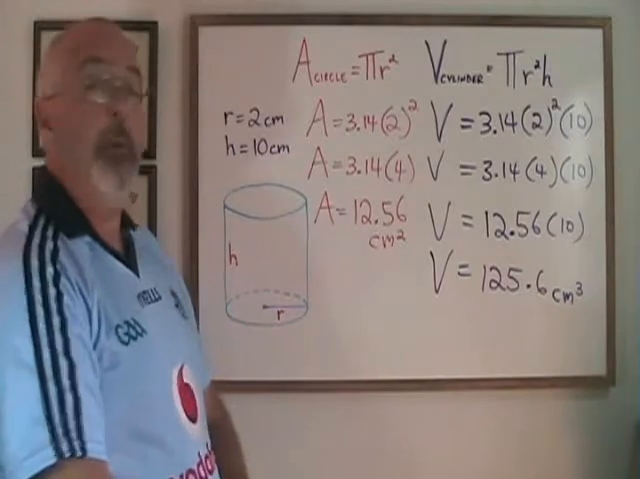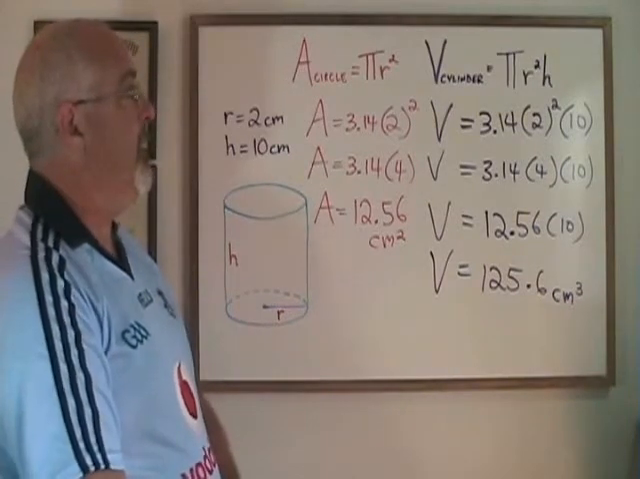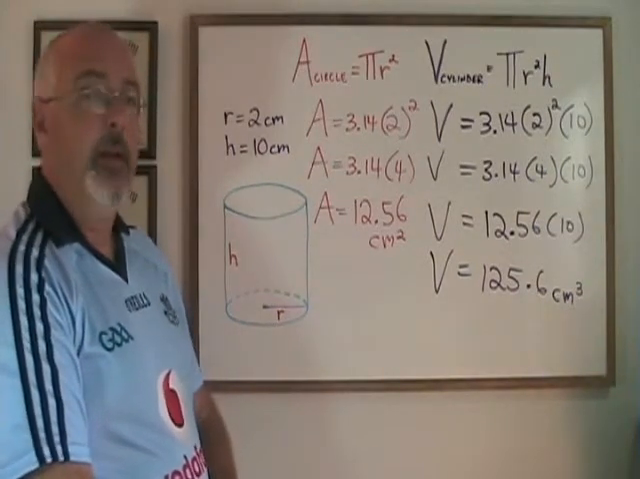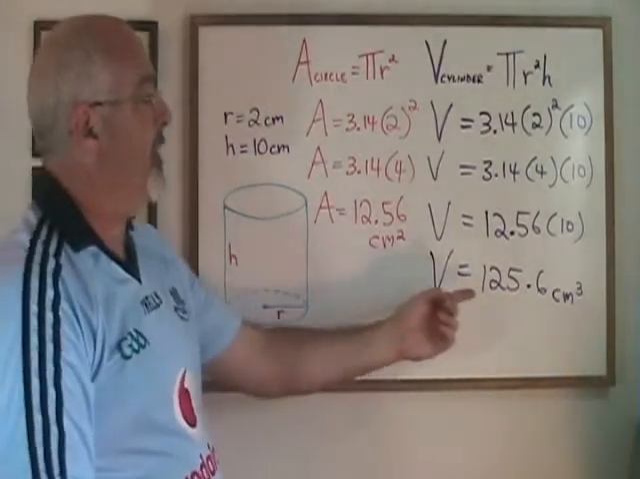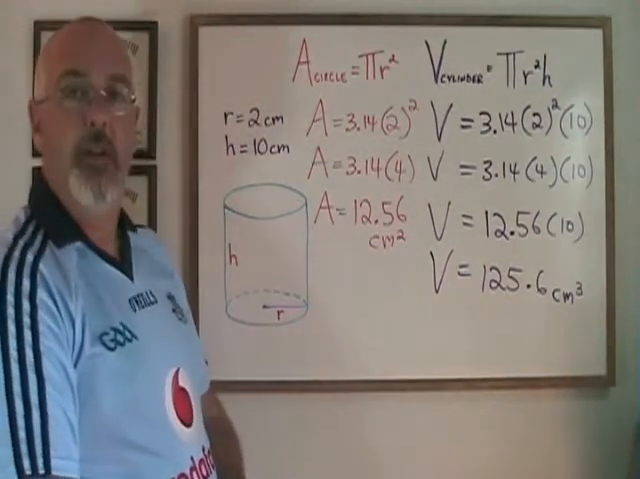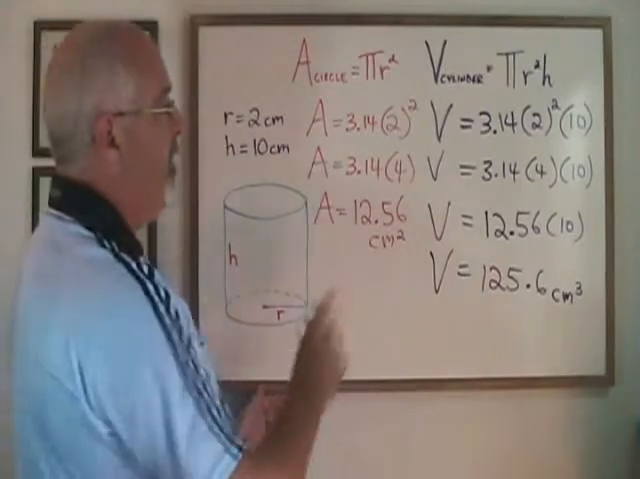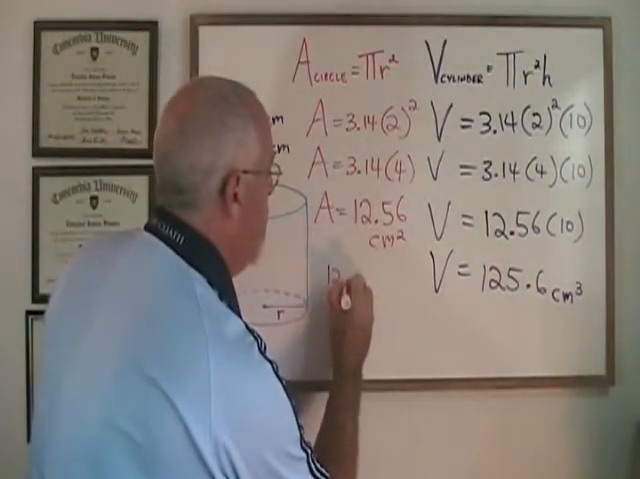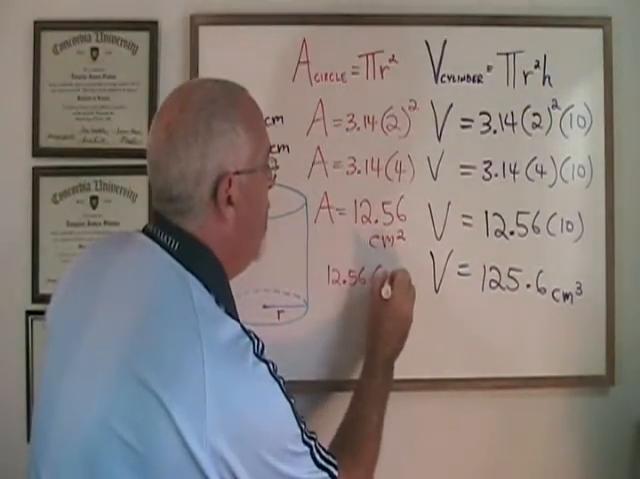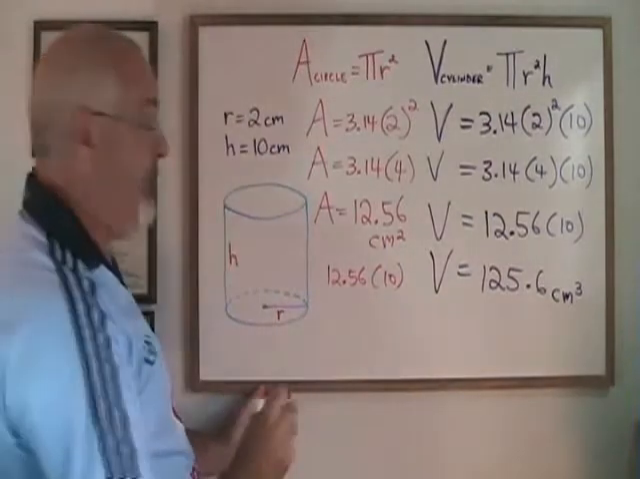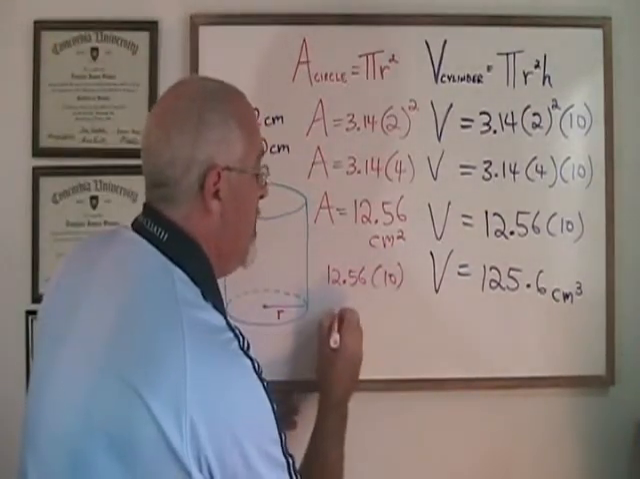So the only difference between the volume of a cylinder formula and the area of a circle formula is the fact that the area of the circle in this one is multiplied by h, the height. If we take this 12.56 and multiply it by the height 10 of that cylinder, we get the same answer as we did before for volume,